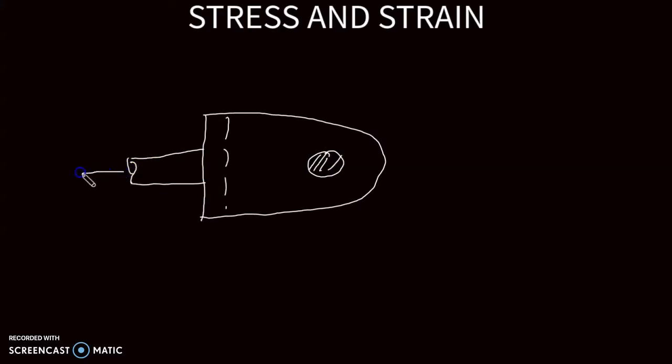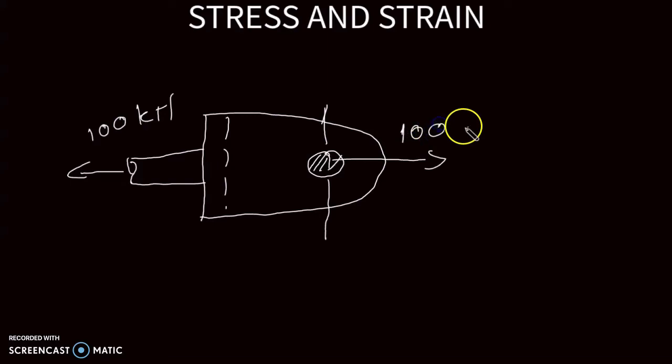There is a force that is applied in that direction. The force is 100 kilonewton. According to Newton's third law, we will take it as if we have another force here, because this thing is at equilibrium. It's not moving to the left nor to the right. So according to Newton's third law, there will be another force applied in that direction, the same magnitude,